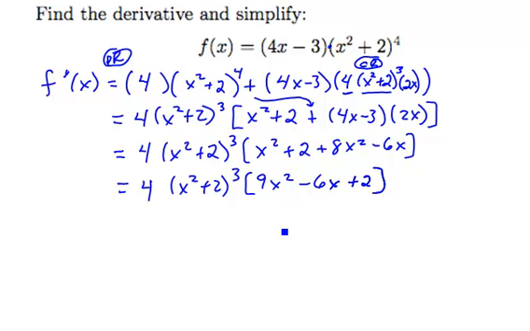This is f prime. When we're using the derivative, one of the things we're often looking for is critical values, places where that derivative is either 0 or where it doesn't